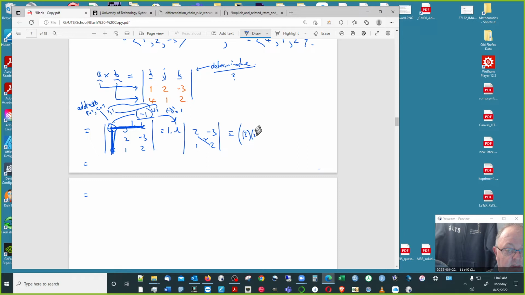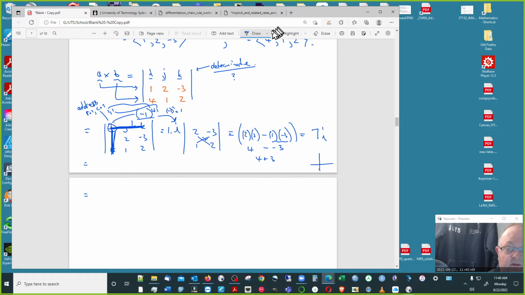Put your brackets in so you don't spoil the minuses. Minus 1 times 3. Okay, and so that's minus 3, 4. 4 minus minus 3 is 4 plus 3. So that one is 7. So we get 7i. And I'm just going to put a big plus sign because we're going to plus it